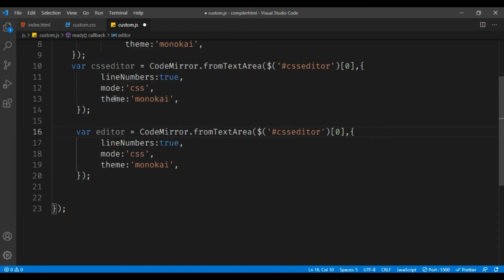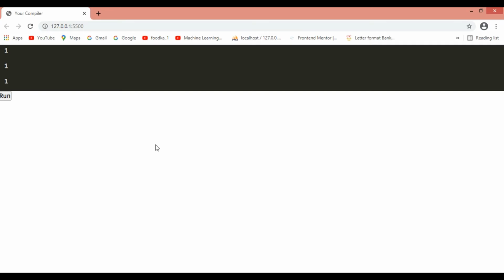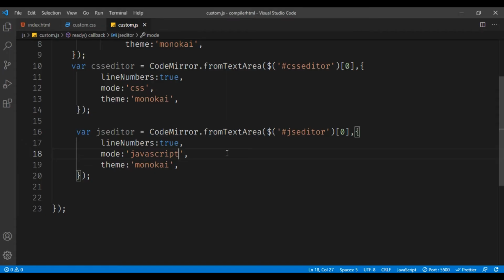So use the CSS editor, and let me change the mode to JavaScript. Okay guys, so all the three text editors are loaded in CodeMirror.